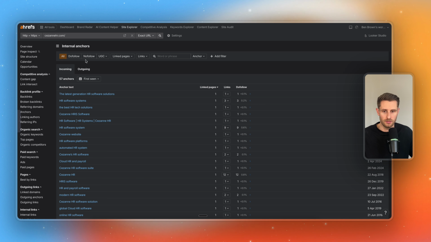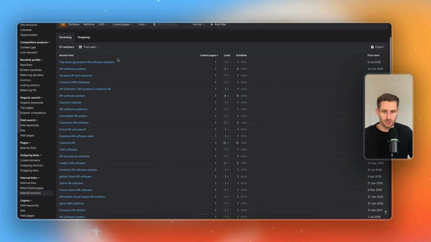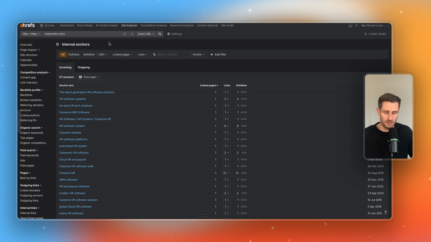And we can also have a look at the internal link anchors. Now, of course, this is a homepage that we're ranking for HR software. So there's going to be lots of different anchors for this specific URL, which is great in the sense of it's going to look very much padded out. It's not going to look manipulative or anything like that. But naturally, it's going to skew it away from the seed keyword. So this is a really good way to keep a high level view on the internal links that you're building